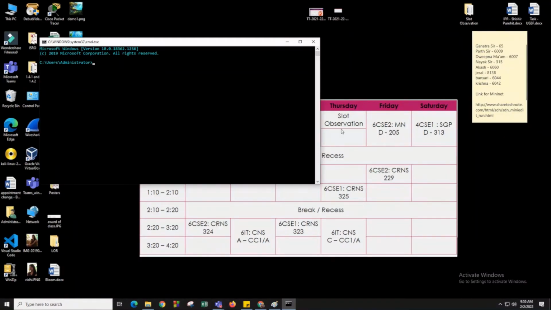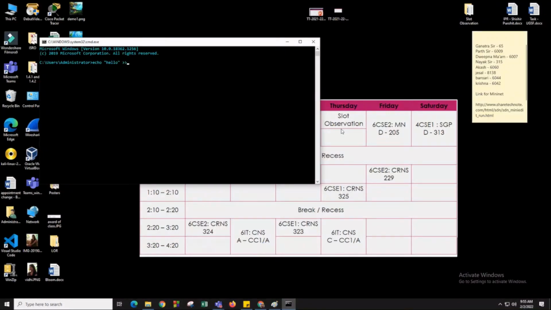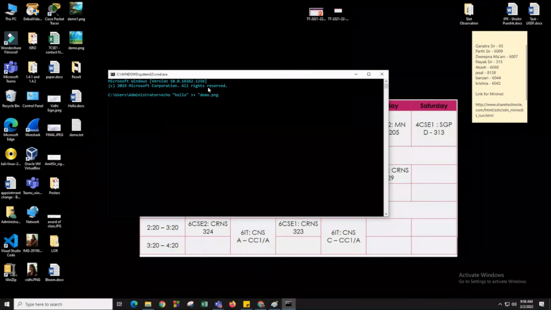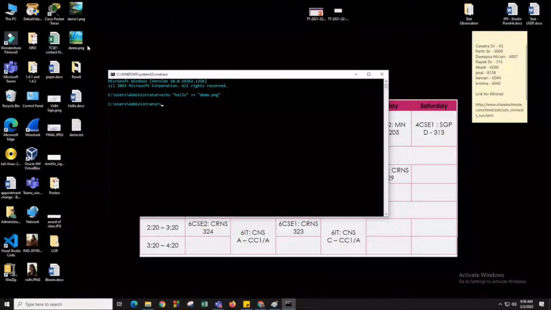The first command is that if you want to hide a particular message within an image, you can simply use echo, then whatever message you want to give, let's say hello message, and on which file you want to hide it, that file you need to mention. Let's say demo.png. Okay, enter.